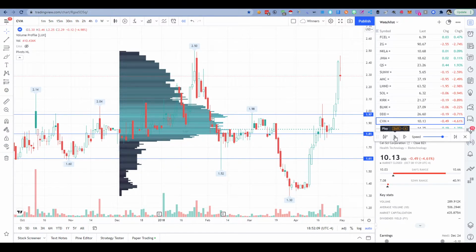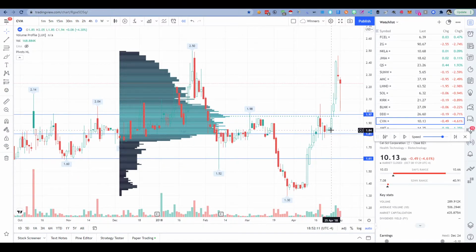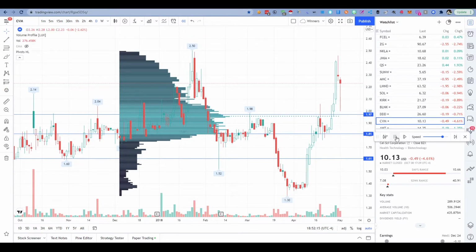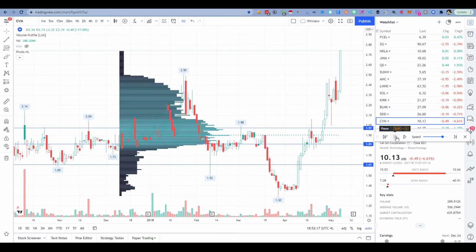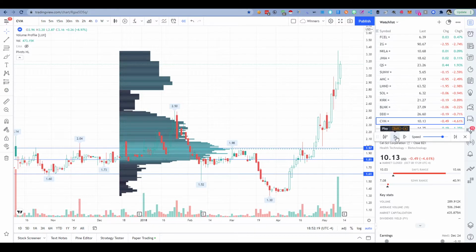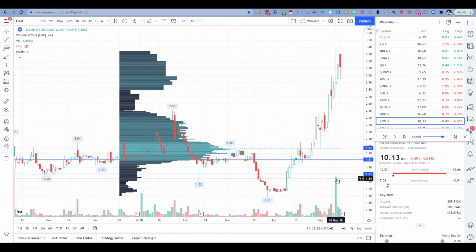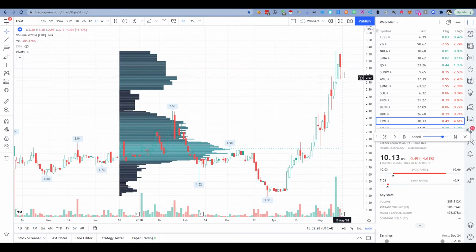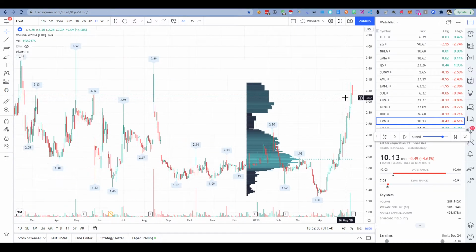Okay, skyrocket. And just look at the size of this. 30% in 2 days. Absolutely massive. All right, so now at this point, with this massive volume, we're gonna assume everything we knew before is irrelevant now. So let's go ahead and start from the beginning. Let's zoom out, see if there's any